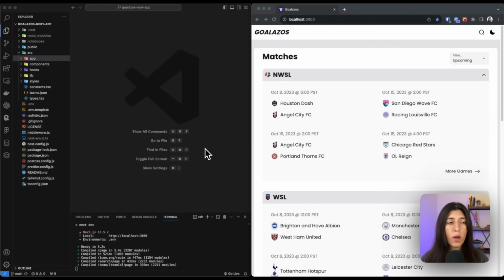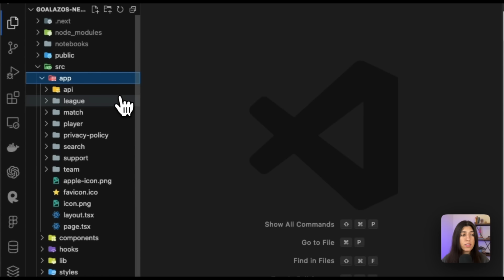So here's one of my projects using Next.js. As you can see, I have one folder now. The structure is a lot cleaner and easier to navigate. On my right, you can see I have my web app open. Now I'm using Next.js with the app directory. So in order to show you how file-based routing works, we have to open up our app directory. And you can see we have a bunch of folders, and each one of these folders, except the API folder, which is for APIs, which we'll get to in a second, each one of these folders represents a route.